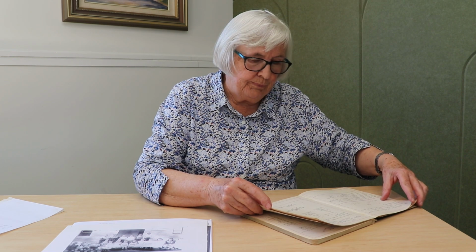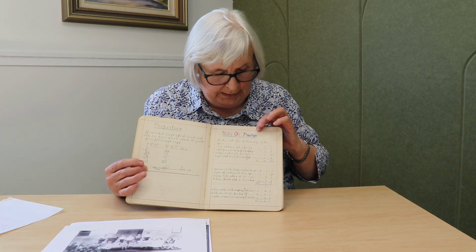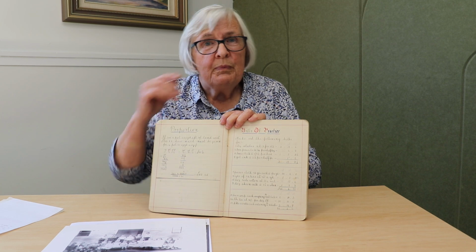What I thought might be interesting to have a look at is some of these absolutely horrendous arithmetic where you're adding up and organising. Bills of practice, this one's headed and beautifully coloured in the heading. But here are all these really tricky additions. The old pounds, shillings and pence really made for challenging work in arithmetic, because you had